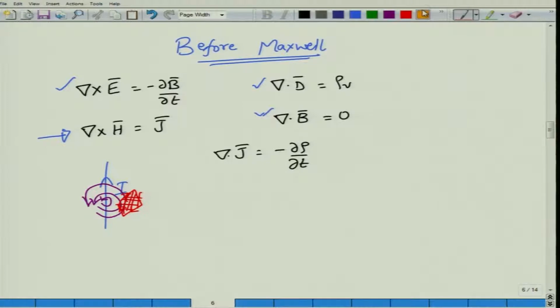On the other hand, if I take this particular curve, maybe a circle around this one, then if I integrate the magnetic field around this constant radius circle shown in orange, it will enclose a current because the current is coming perpendicular through that circle, and therefore the source for this magnetomotive force will be equal to the current that is being carried by the filament. So far so good. This is what Ampere had in mind, but then there is an inconsistency